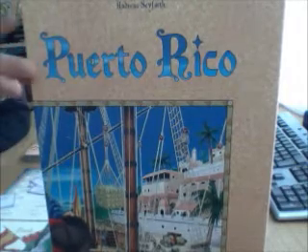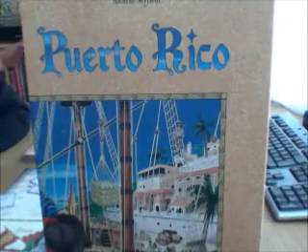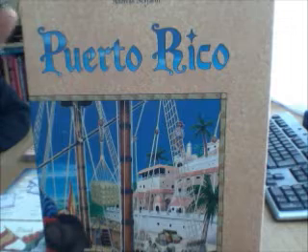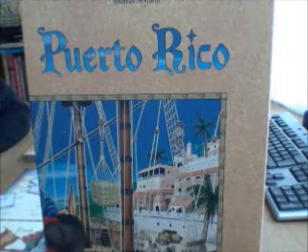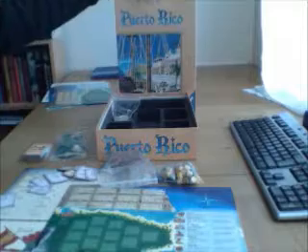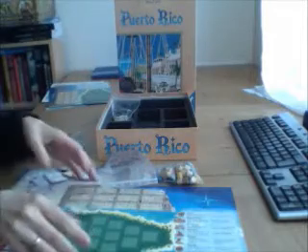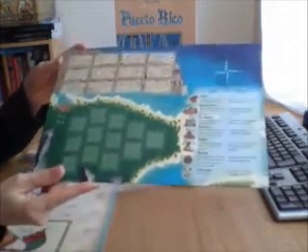So this is the base game, and as you can see, it's also not the limited edition, it's the normal game, and I think it retails probably at around $30 at the moment. In this game, which is a multiplayer game but can be played really well solo, you play a plantation owner in the town of San Juan on the island of Puerto Rico, and every player gets a game board for themselves,